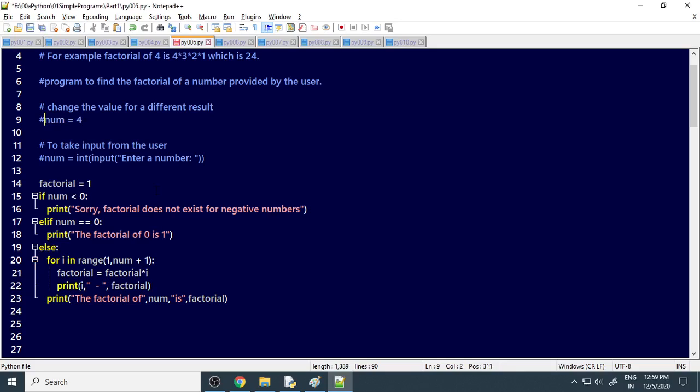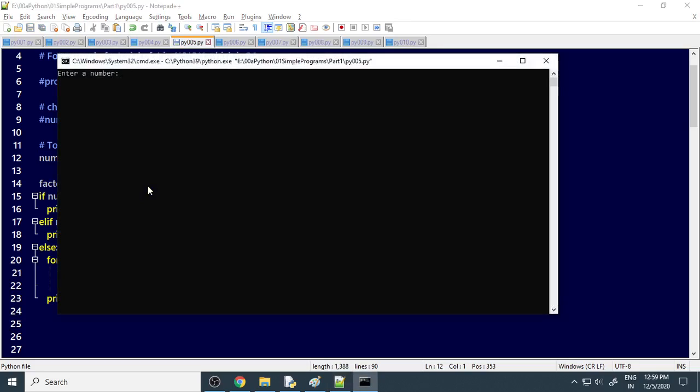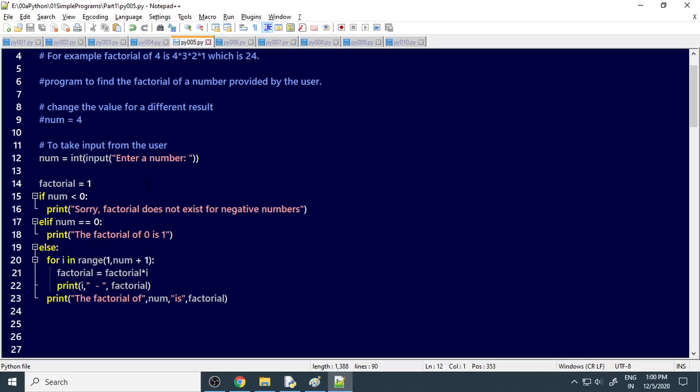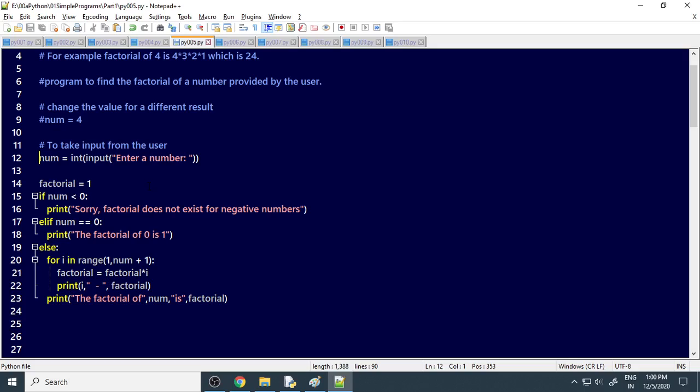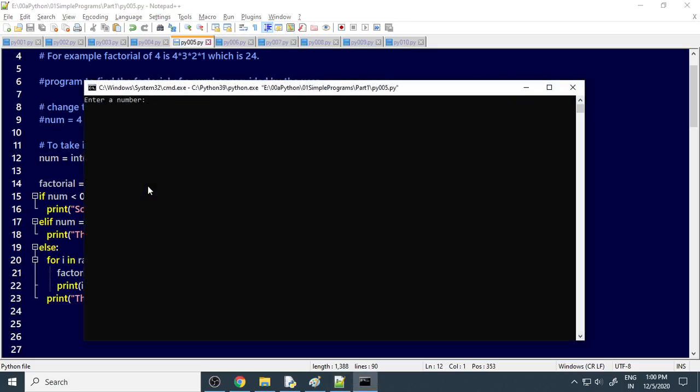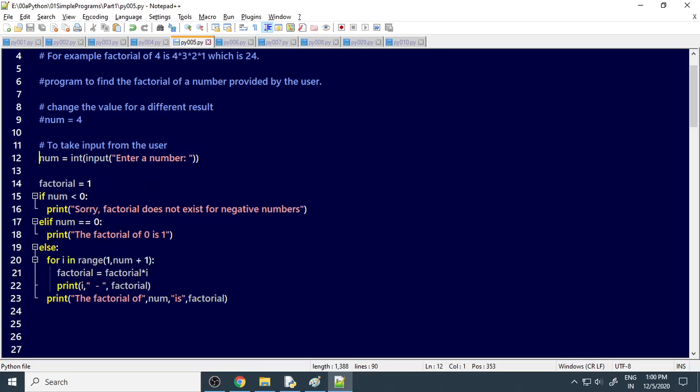Let's say if you want to find it for a number, I'll take the input value from the user. So enter the number. Let's say I want to find the factorial of 10. How much is it? It's quite a big number. Now the factorial of 4 you found. What is 5? 24 into 5 is 120. Done. Then 6. Like that we can find it for each number. Fine. So now you can find the factorial of a number. Great. So we'll move on.